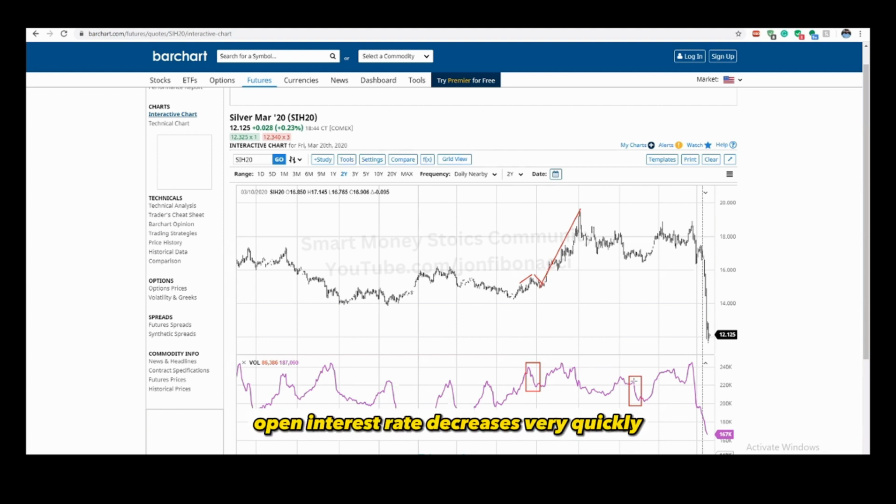Anyway, moving on. Open interest decreases very quickly, very rapidly at this point, right? So what does the market do next? Rallies from what is that? Mid 16s up to maybe high 18s, right? That's a very big swing. Guys, this is a daily chart. Okay, this is a daily chart we're looking at. So this is a couple of weeks' worth of up movement completely.